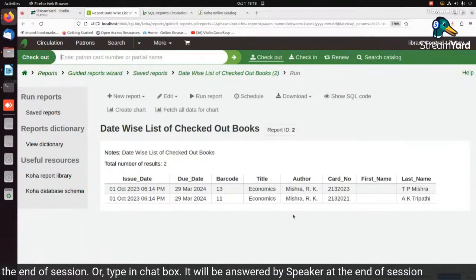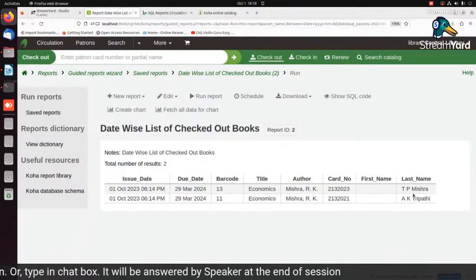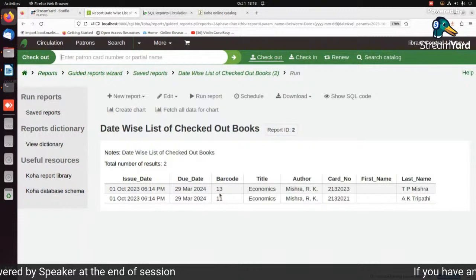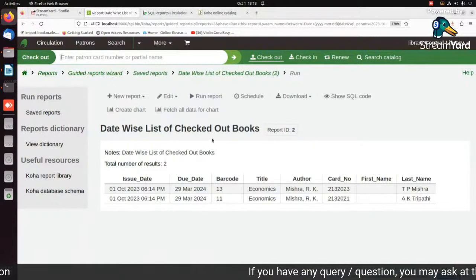And it will also give you the card number, the username, title, author, and accession number, due date, issue date. So this way you can generate the date wise list of